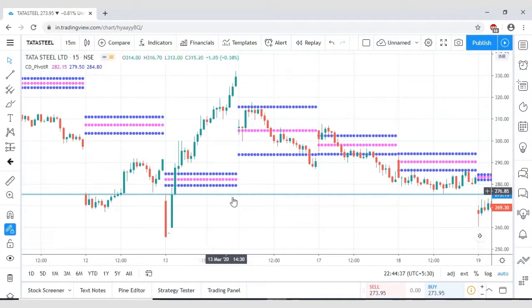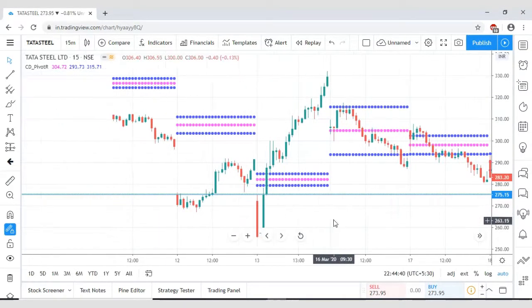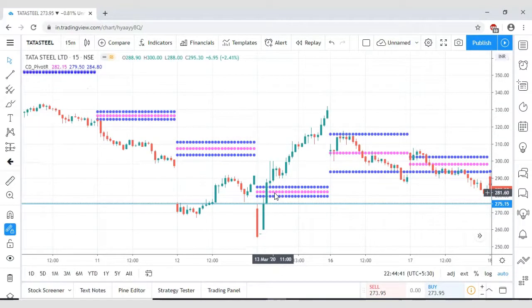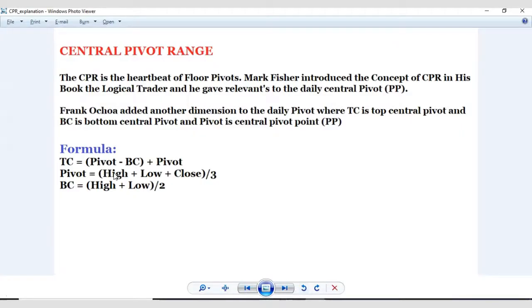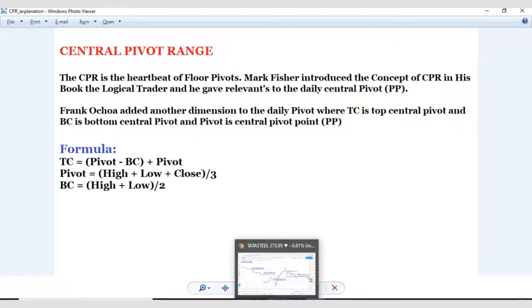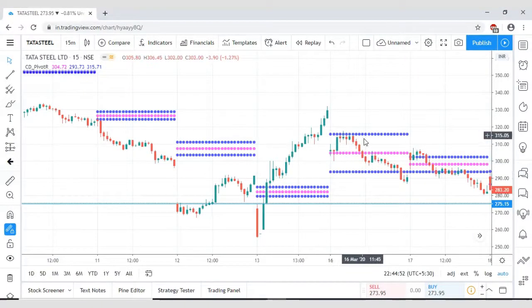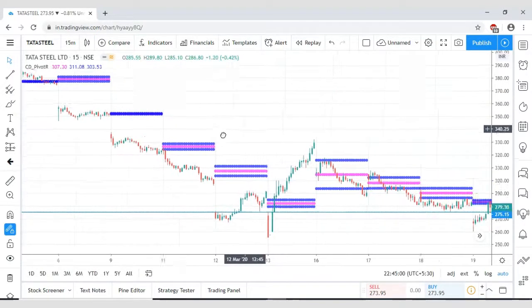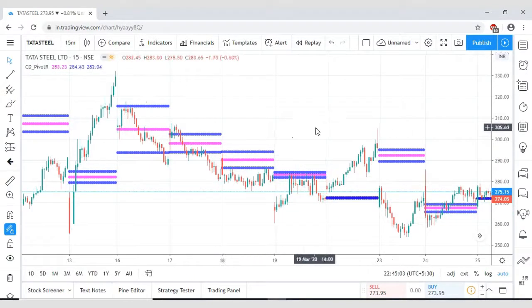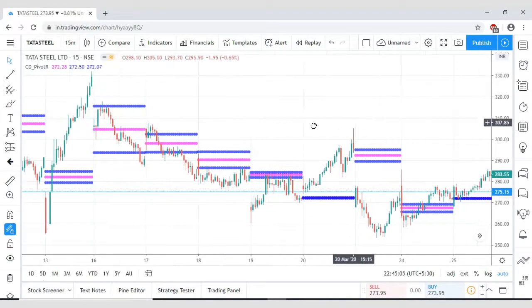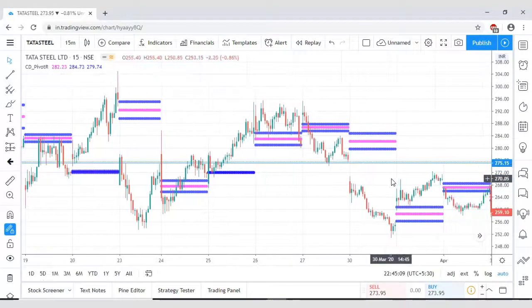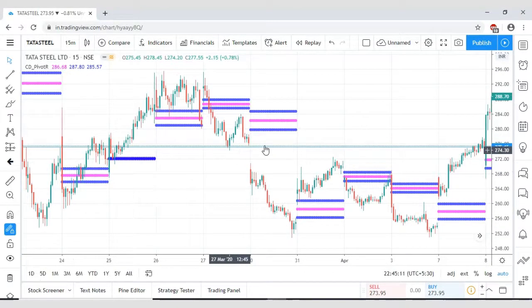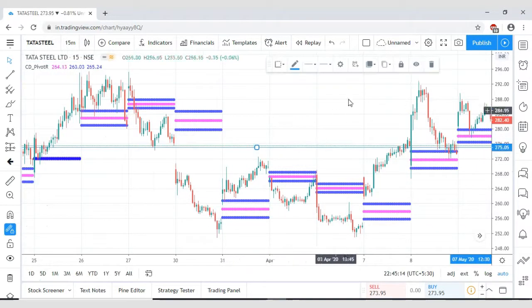Okay, so what I wanted to tell you is, once you place this CPR range on your chart, and you calculate by using this formula, and place the CPR lines on the chart, basically you can understand what the range will be and where the market is getting reversed, where the reversal is happening, and where you can exit also. If you enter, it will tell you where to exit the next day also.